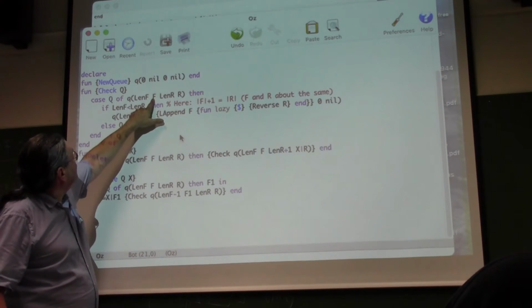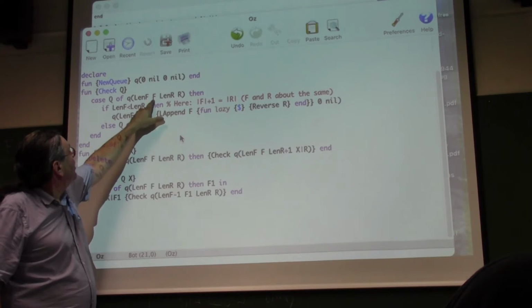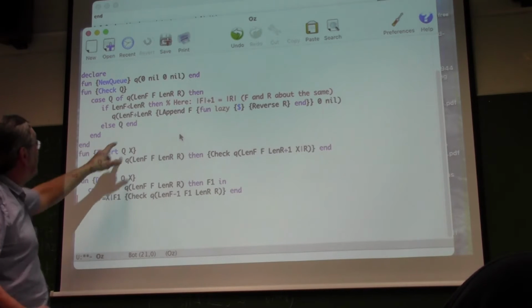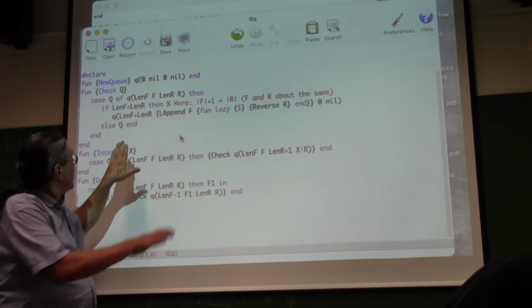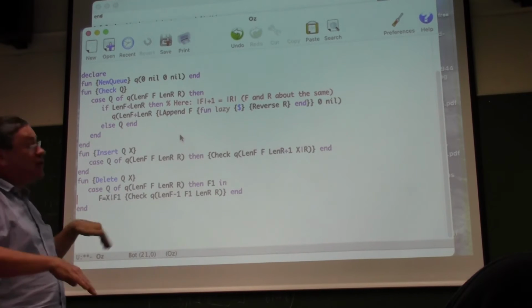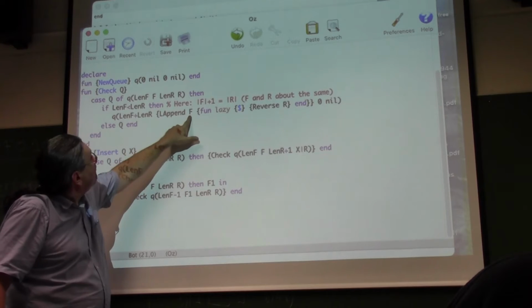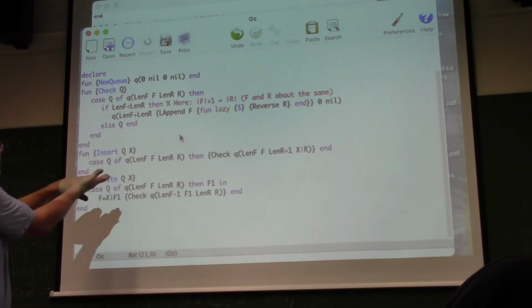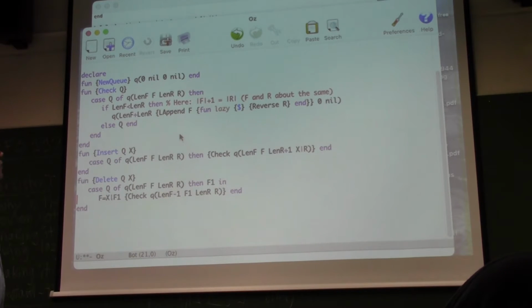So basically, the F here is not nil. So I don't actually want to do an append here, because it's going to take time. If I actually do the append here, it's going to append F plus the reverse of R. But the F is not nil, because I'm still only doing inserts. It's all growing. So I will do a lazy append of F together with a lazy reverse of R. So I combine F plus the reverse of R. But I'm not actually doing it yet,